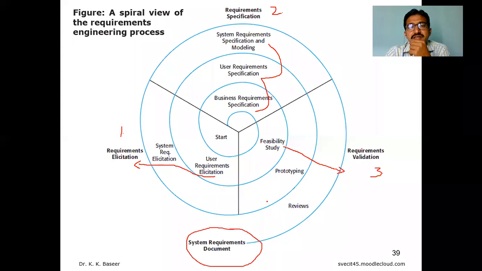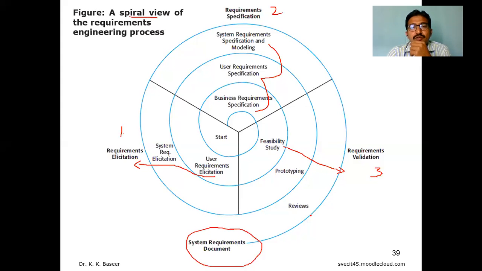So it looks like a spiral model. Already we have discussed the spiral model. This spiral view of the requirements is an iteration where we divide all phases into different framework activities. The same framework activities are dealt with here in the requirements as well. That's why it is called a spiral view of the requirements.